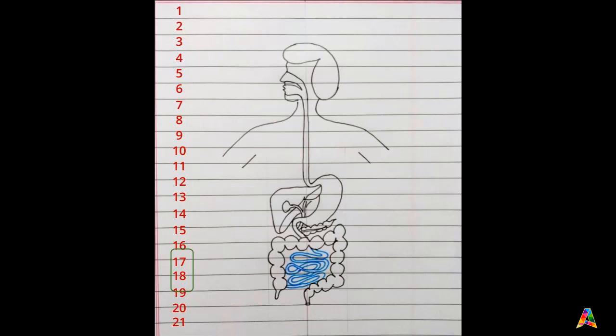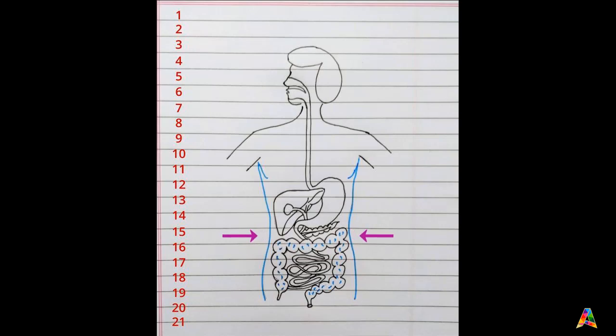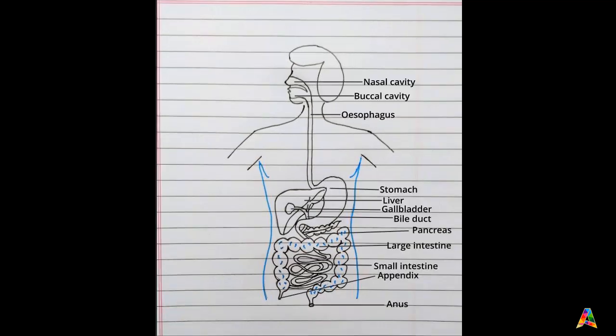Now we should erase the reference lines that we had drawn and just add a simple outline of the body. Like this. We can also add some finishing touches like these lines on the large intestine to improve the appearance. And we are done with drawing the diagram. But our diagram is still incomplete unless we add the labels. Now we can simply start adding labels one by one and it may end up looking like this.